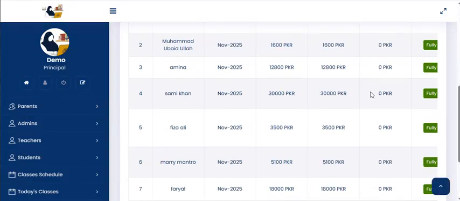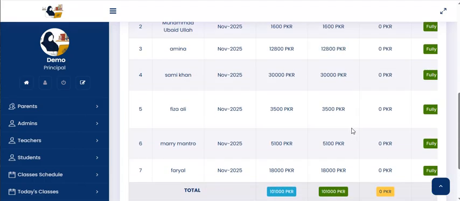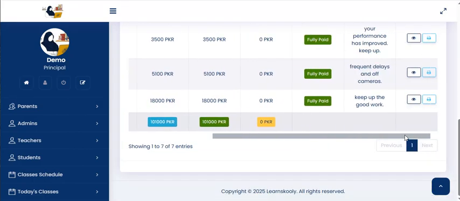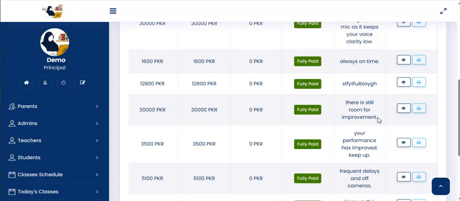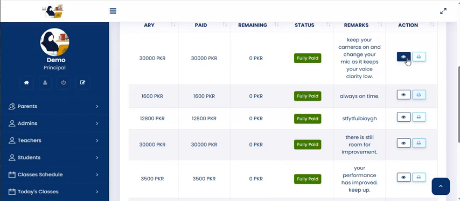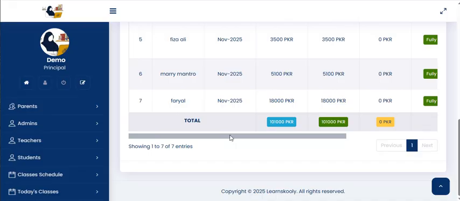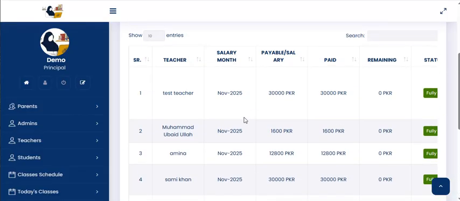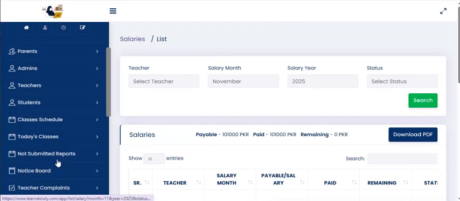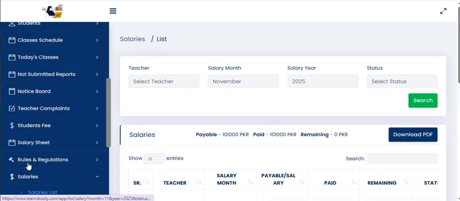Here is the salary list of the month of November, right? So you see their salary is paid along with the remarks. You can see the actions, you can see the receipt, you can download it and send it. And here we have seven teachers, but if we go back to the salary sheet,